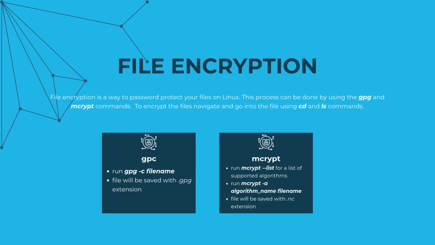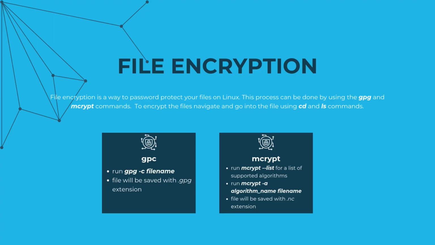Even with the best file permissions in place, there's still one more layer you should consider. File encryption. Think of it as your last line of defense. If someone manages to get past your firewall or access your system, encryption ensures that what they find is unreadable without the right key. In Linux, encryption is surprisingly accessible. You've got 2 main tools to work with here: GPG and mcrypt. Both let you lock down files so that they require a passphrase to open, kind of like putting your documents in a safe that only you have the combination to.